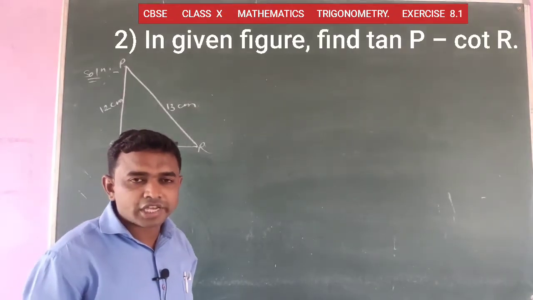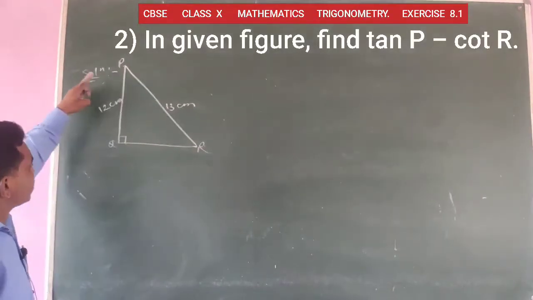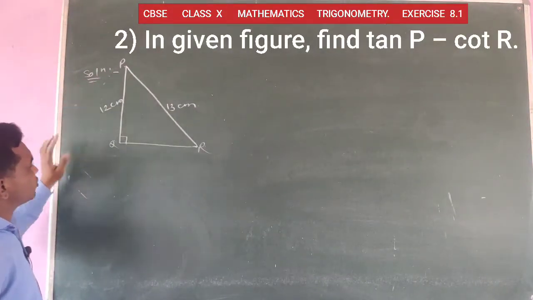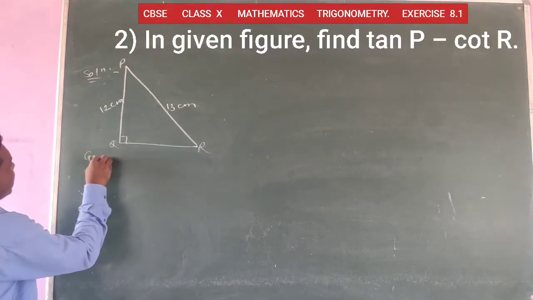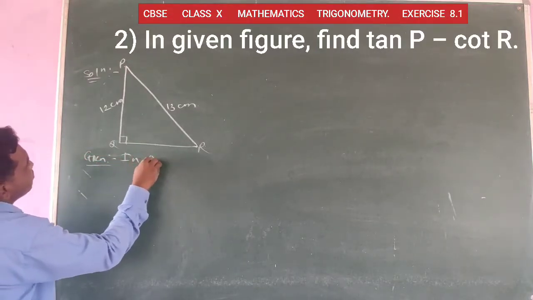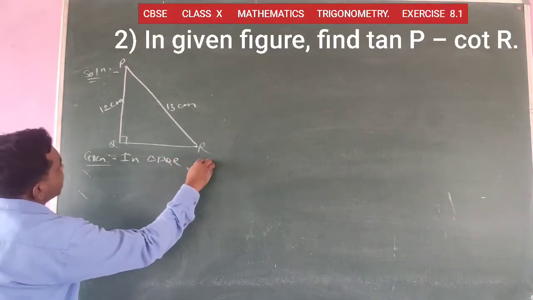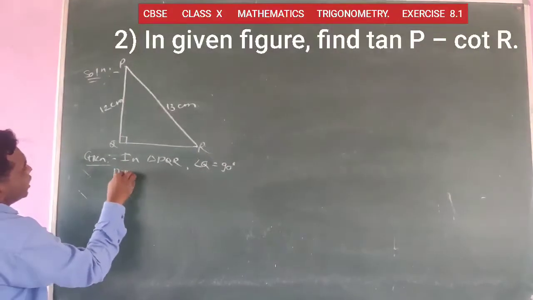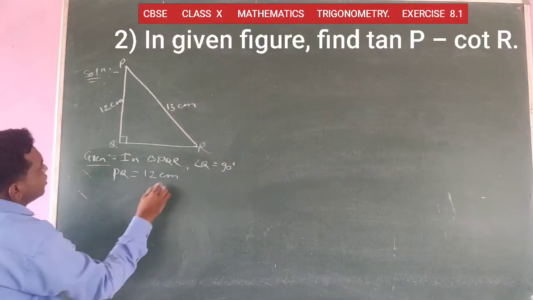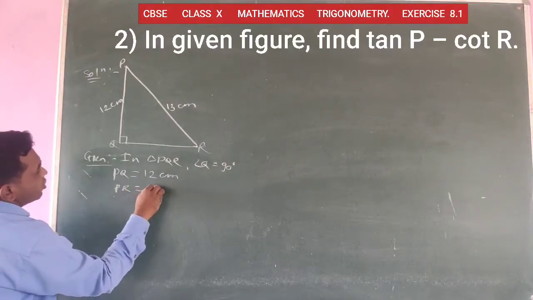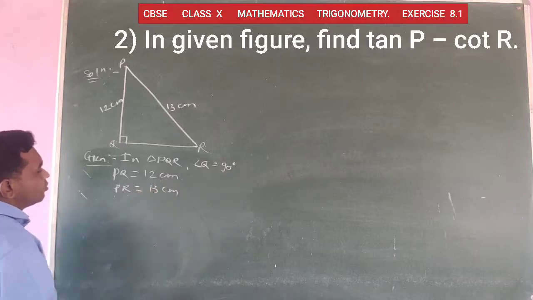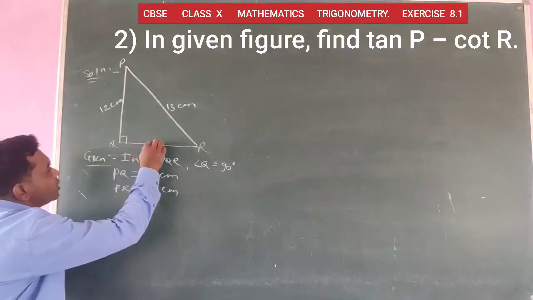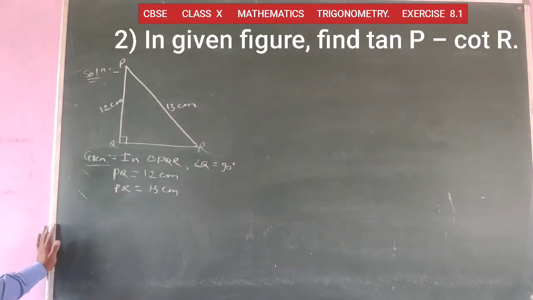Second question. In the second question, a figure is given. The triangle is named PQR and the measure of angle Q is equal to 90 degrees. First we write down the given values. In triangle PQR, Q is the 90 degree angle. Some measurements are given: PQ is equal to 12 centimeters and PR is equal to 13 centimeters. We have to find the length of the side QR.